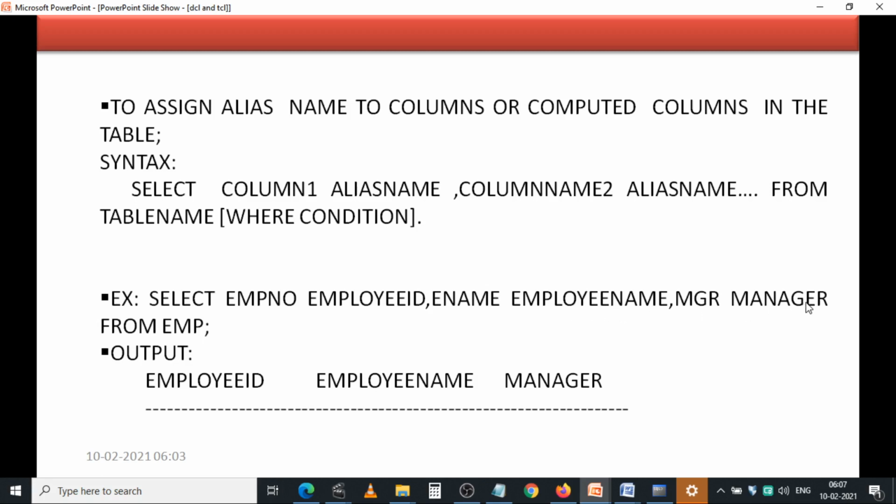For the MGR column I want to show it as manager, so an alternative name is provided for MGR as manager, from EMP. Just see this output: employee number, e name, and manager columns are displayed with their alias names.